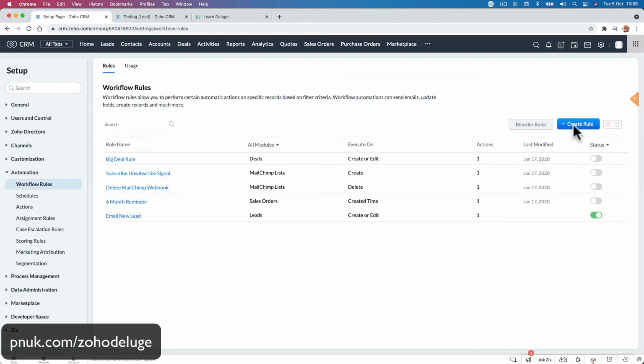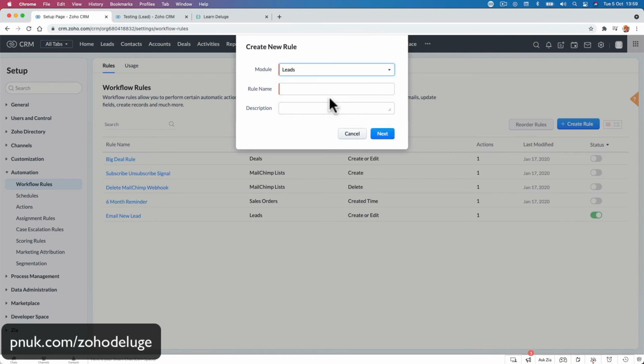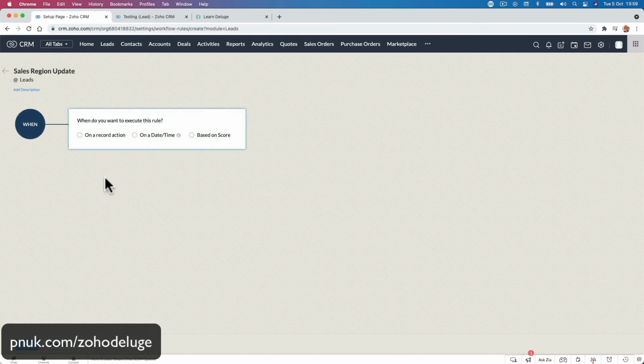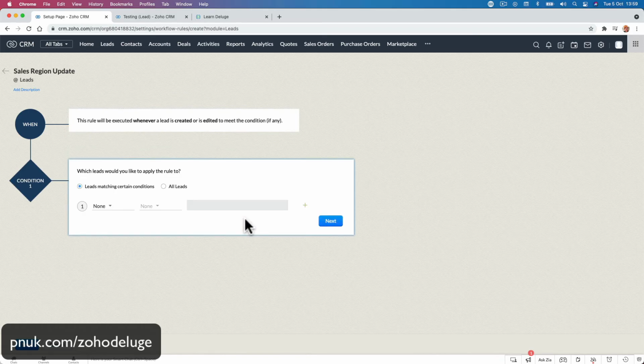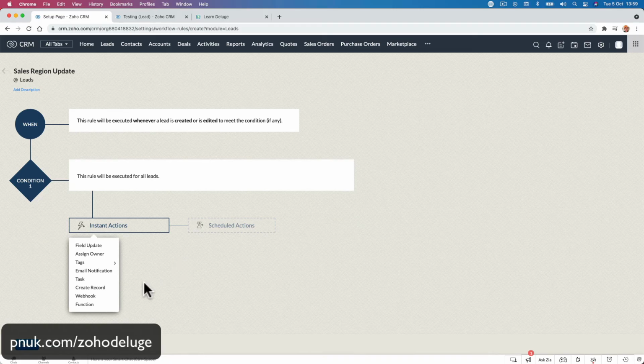So create a rule on leads. We're going to call it sales region update. Add a description's probably a good idea. On a record action, probably create or edit. Probably really create whenever the lead is edited. So maybe we will do that, just in case it's the country that's been edited. Leads matching certain criteria. Let's just do it for all leads. You can obviously filter this down, and we're going to trigger a function